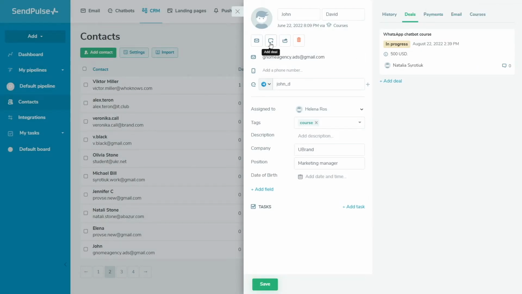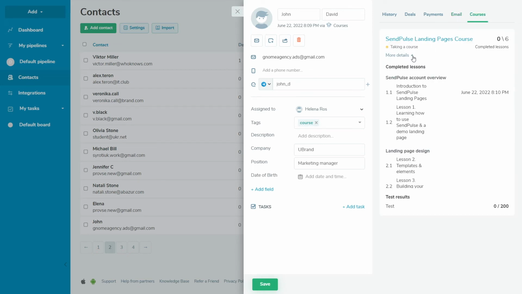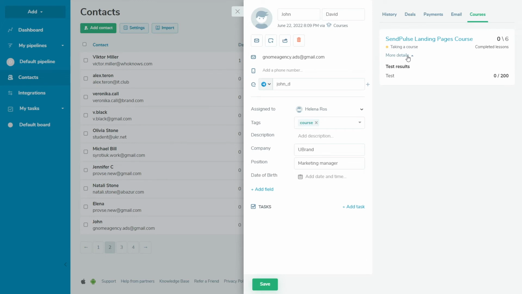In the Payments tab, you can see more information on the contact's payments, payment system, amount, description, status, and date. The selected payment system provides details on all payment statuses. For more information, we recommend contacting your payment service provider's support team. In the Email tab, you can connect the client's email address to CRM. The Courses tab displays the courses for which the contact has registered, course progress, and the courses they have already taken. The Email and Courses tabs are currently under development.